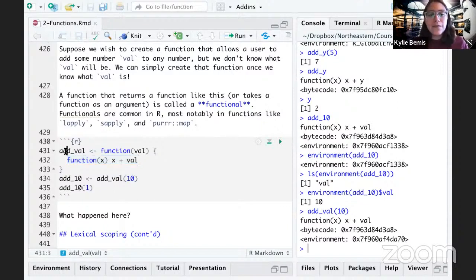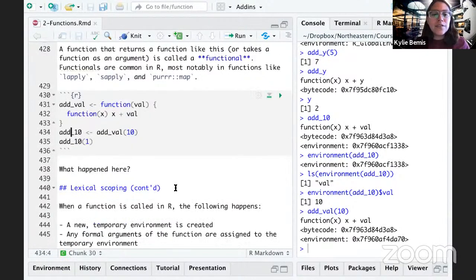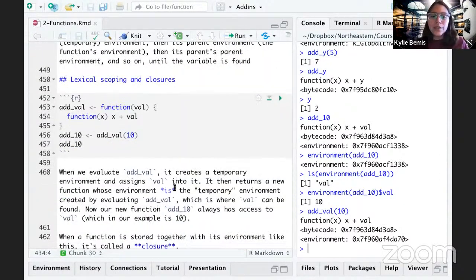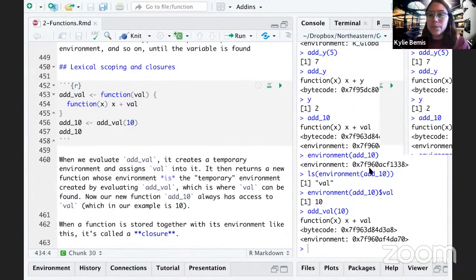And so add val kind of carries that environment with it. It's carrying this environment that contains a variable called val. And so that way, the function that is returned by add val always has access to this val variable that it's carrying around with it. This is a simple case where that might not seem too useful, but some places